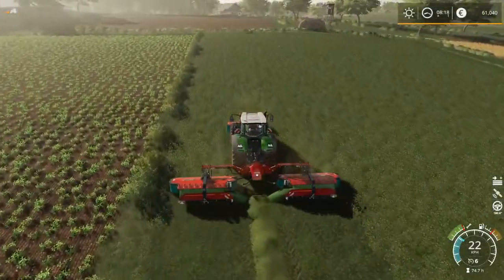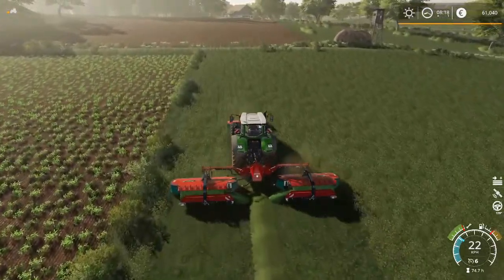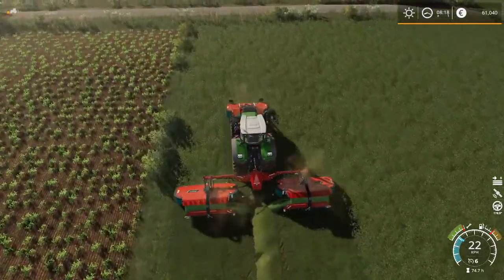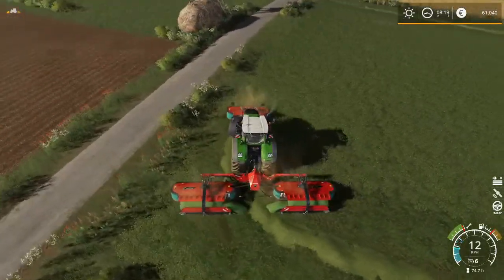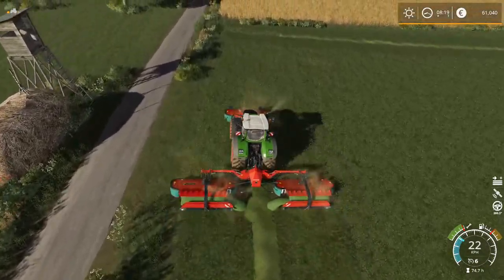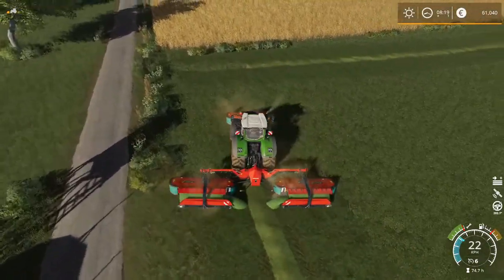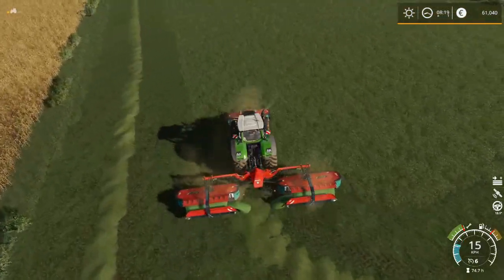So our clover field is really small. It's not going to take very much to get this harvested up. Most of it should go, well, some of it will go to the pigs, the rest of it will store for later pig feed. I'm trying, and not doing it very successfully, to avoid the exact edge of the field